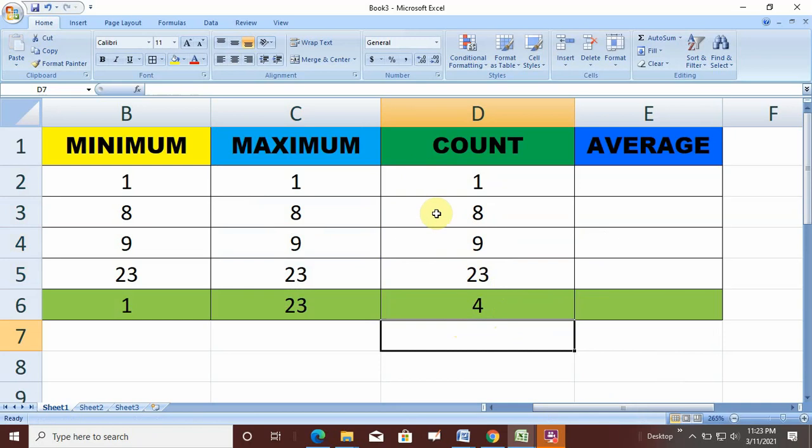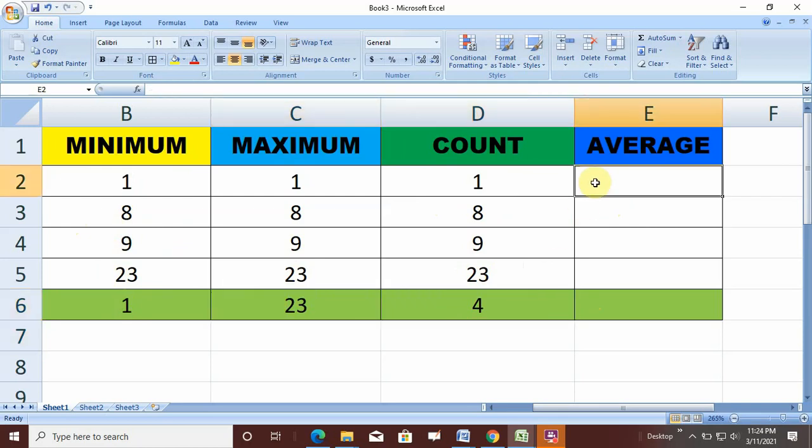These are just ways to make you understand, but once the data is very huge, then these functions will be very helpful. For the time being, it may seem very easy to you, but it is only easy when the set of data is very small. When the set of data is 1000, 10,000, 50,000, it is very difficult to find the minimum or maximum or count. In such a scenario, the Excel functions of minimum, maximum and count will help you.